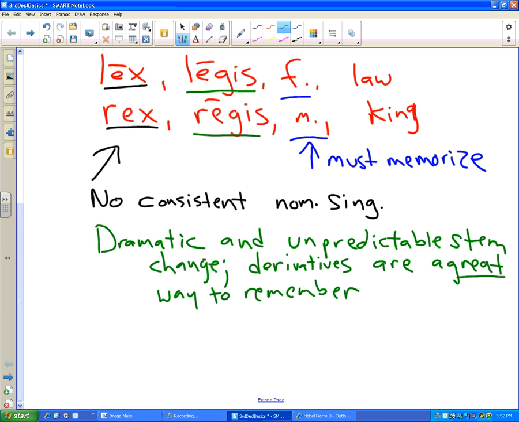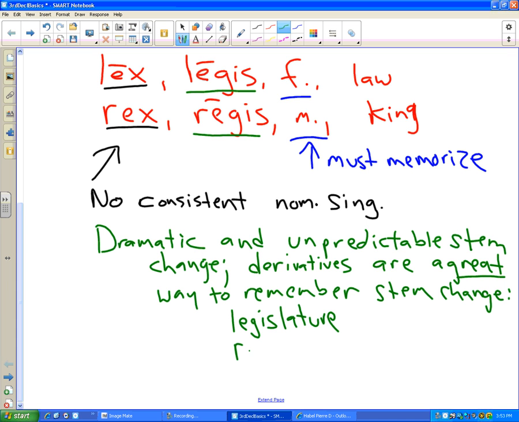And in a few fossilized phrases like lex talionis, the law of retribution, eye for an eye sort of thing. But with the exception of those loan words of the nominative, the best way to remember the stem change might be from thinking about derivatives such as legislature or legal,